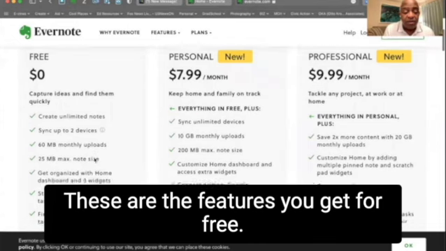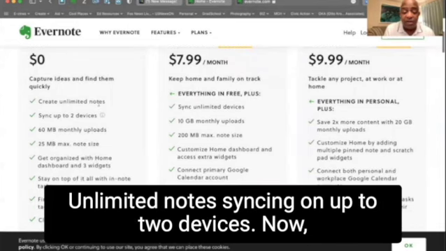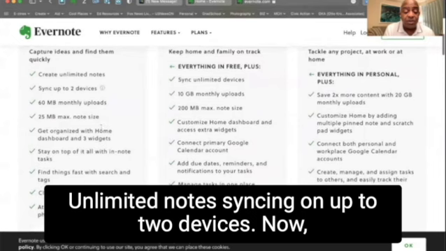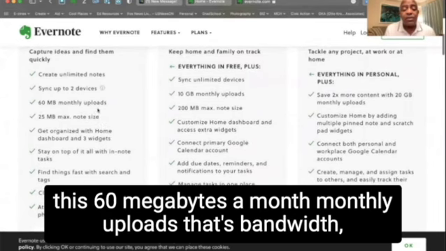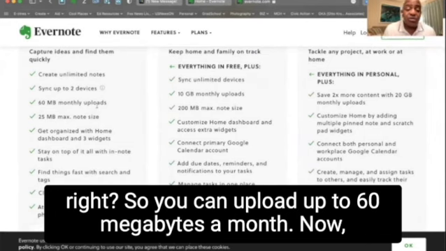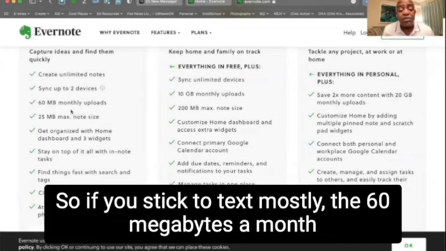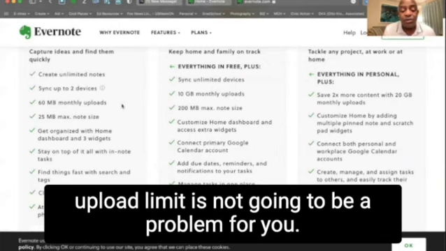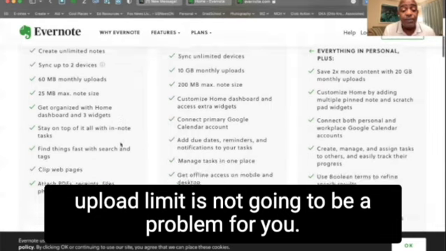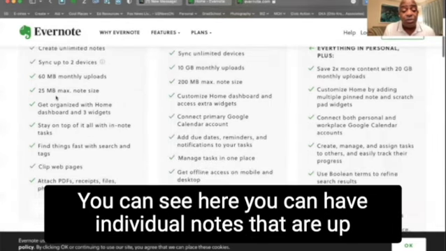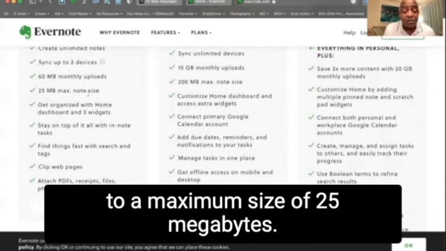These are the features you get for free. Unlimited notes, syncing on up to 2 devices. Now this 60 megabytes a month for monthly uploads, that's bandwidth, right? So you can upload up to 60 megabytes a month. Now, usually you're just uploading text, right? So if you stick to text mostly, the 60 megabyte a month upload limit is not going to be a problem for you. You can see here you can have individual notes up to a maximum size of